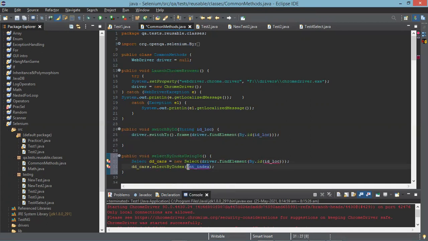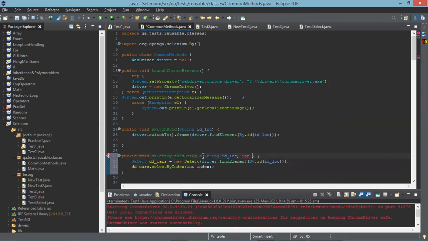String ID locator, and no. Copy one of them. If you copy both of them, you cannot get them right in the clipboard. Go to the method. Type string ID locator, comma, int. It's an integer, right? Int, space.